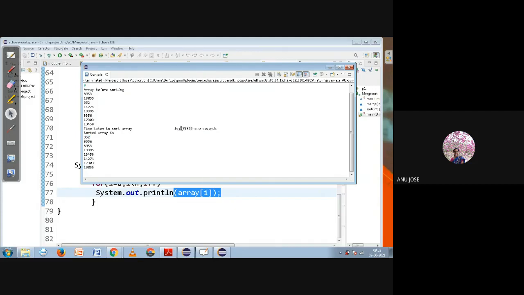In this case, I have given a smaller value. You can give a larger value, more than 5000. The only thing you have to note down is the time required for whatever n value you give. Accordingly, you draw the graph. That's related to program number 5. Are you clear with program number 5?